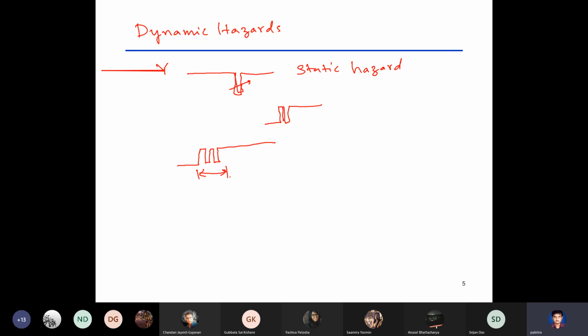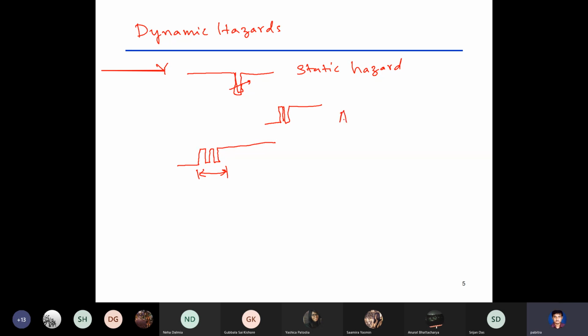So again, I am telling you that these are all properties of the realizations. These are all properties of how you implement the function which you use to implement the input output. Okay, the Karnaugh map. So if you have redundancy, you can avoid this. If you don't have redundancy, this can happen. So these are properties of the realization of the function with which you are realizing. Okay. So in dynamic hazard,